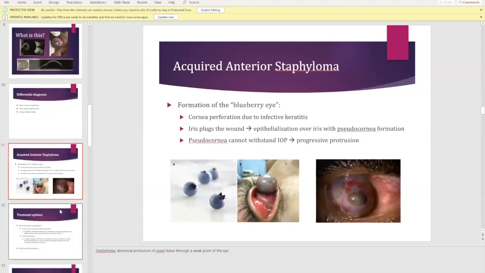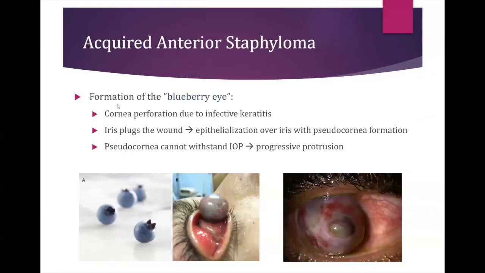So I wanted to talk about acquired anterior staphyloma. Kind of looks like a blueberry eye. So the cause of this is usually due to a corneal perforation from untreated keratitis or recalcitrant corneal ulcer. You get a perforation and the underlying iris kind of plugs the wound. The iris has vessels, so that causes healing and epithelialization over the perforated cornea with the formation of a